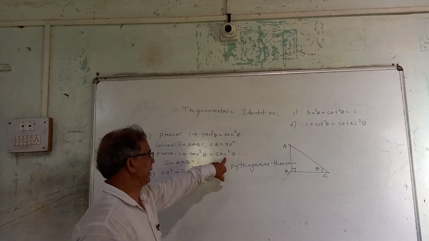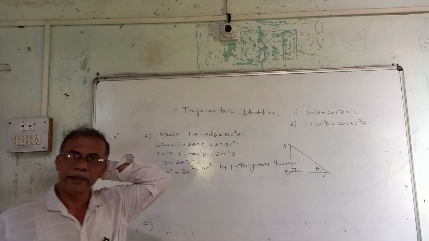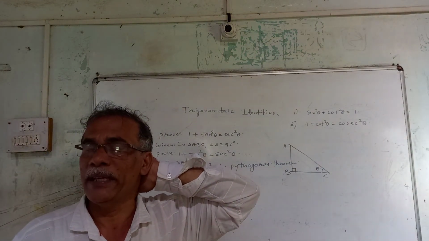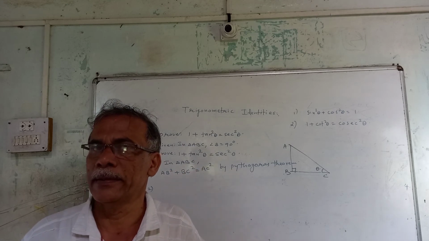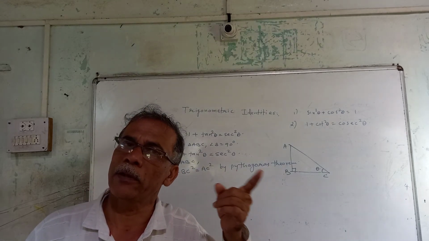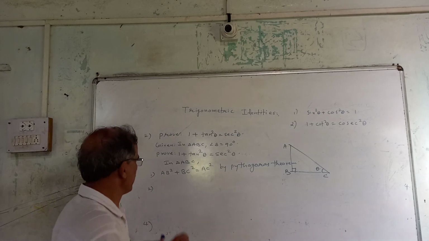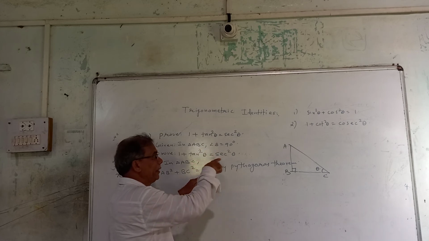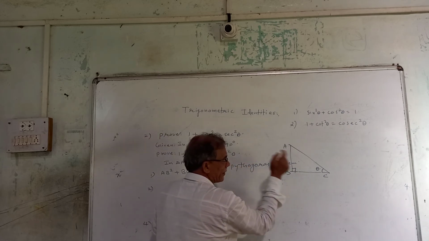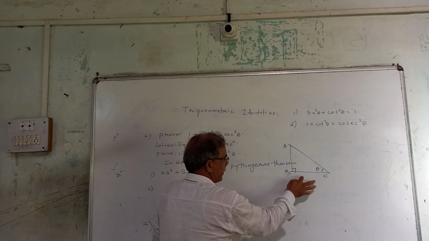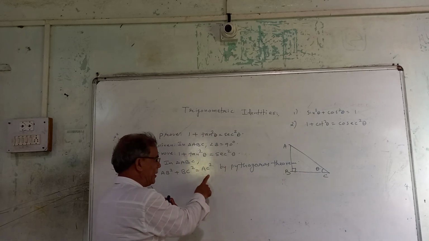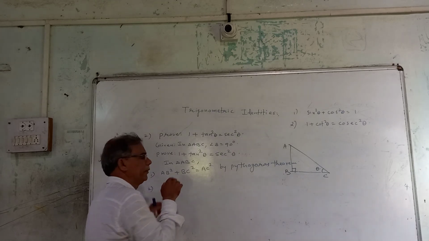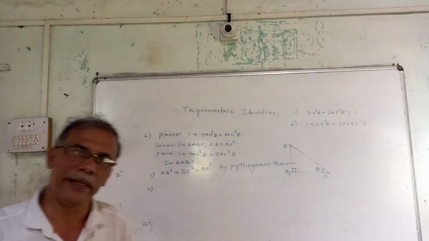is equal to sec square theta, sec ratio. Sec is inverse of cos, isn't it? Cos means what? Adjacent upon hypotenuse. Now sec means hypotenuse upon adjacent. So it is AC square, hypotenuse is always there, upon, to get sec ratio, what? Adjacent side, which is adjacent to theta, CB. So here we have to divide by CB square. And yes, these two terms will also be divided by CB square.